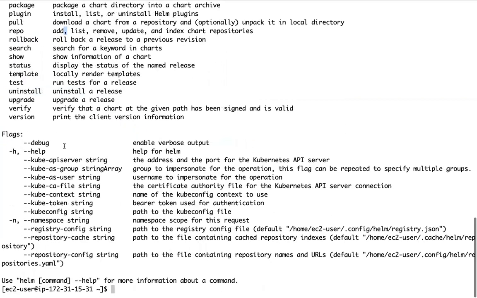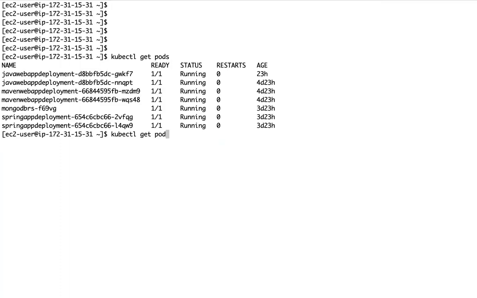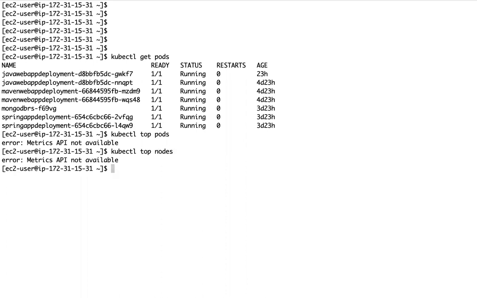Suppose let me take this scenario. I don't have a metrics server installed. Now if you see, I don't have a metrics server installed. The metrics server is also available as a Helm chart.